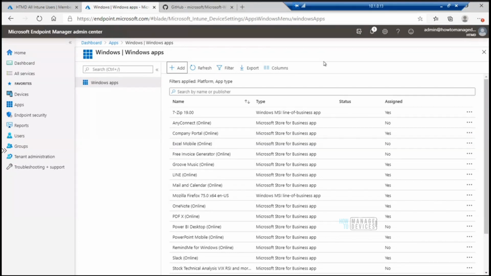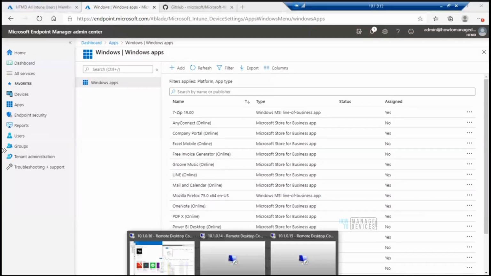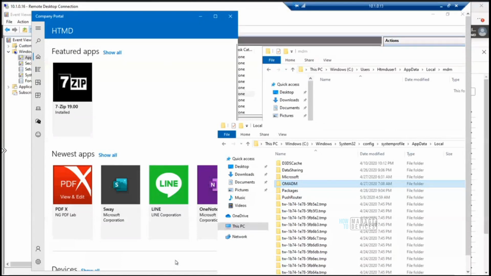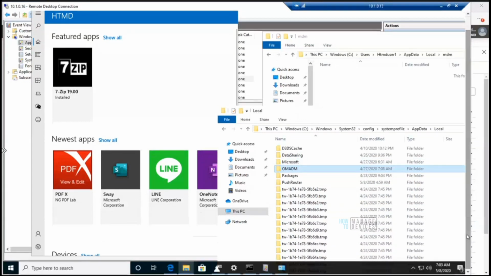As I mentioned, this LOB application deployment is based on the Intune MDM agent, the Windows 10 MDM agent. Windows 10 has a built-in MDM component, so there are no extra clients needed for this kind of application deployment.